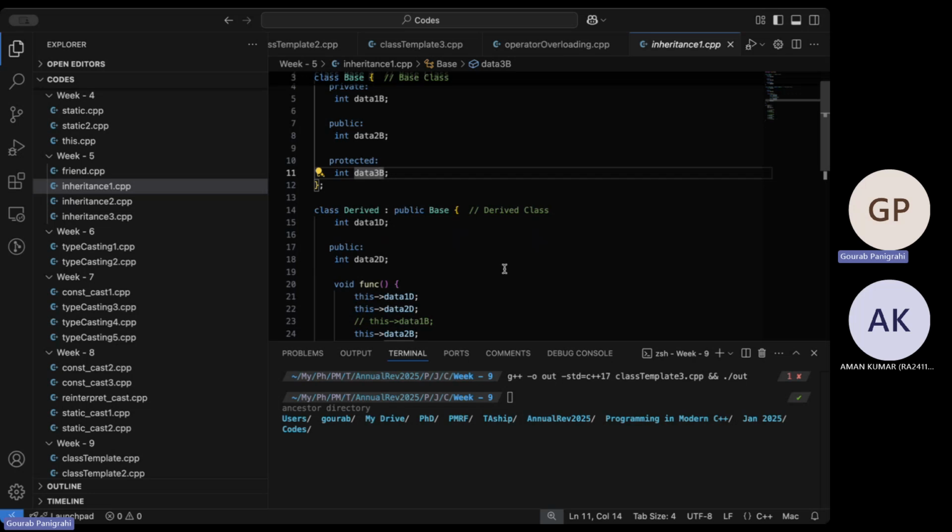That's essentially the difference between using a public inheritance or a private inheritance. You can cross check with the lectures, but this is what I understand from this inheritance.